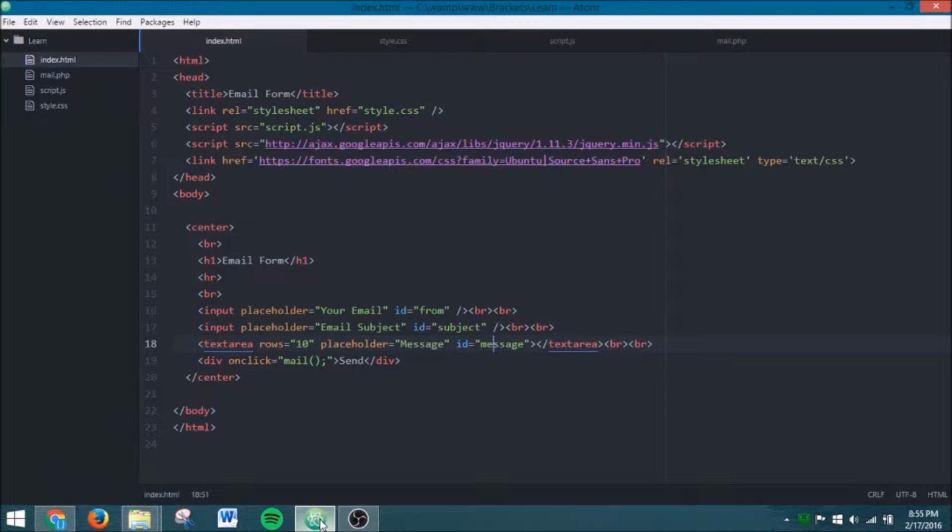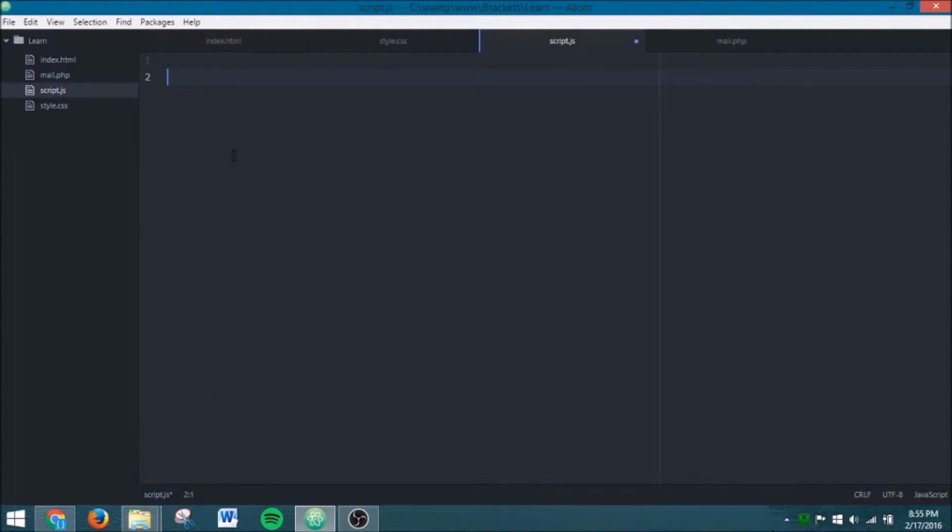So let's start off with the JavaScript. You're going to want to get jQuery for this. This is how I did it. So yeah, we're going to make function mail. And then what we're going to want to do first is get all the text data that we want to send to PHP. So we have the